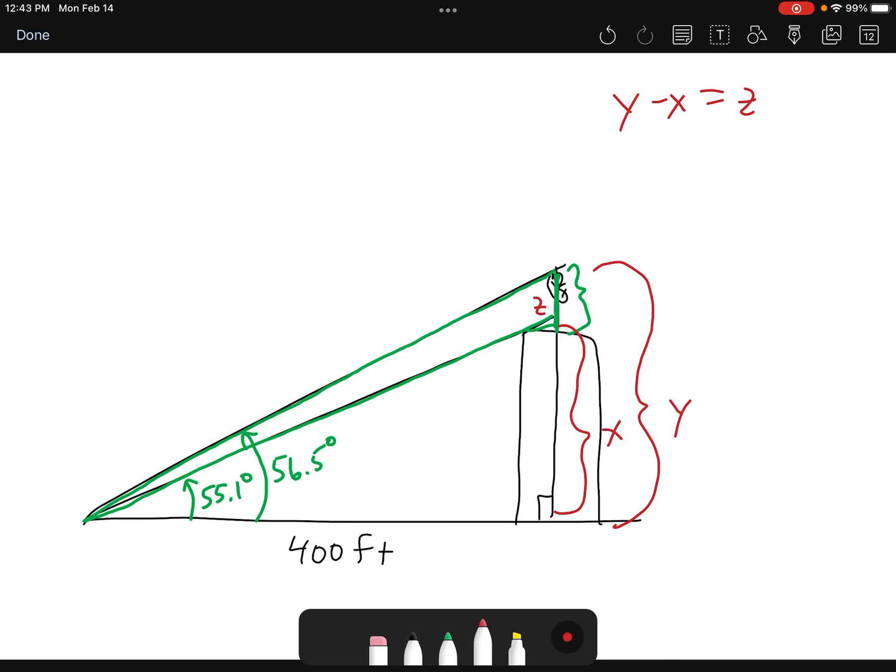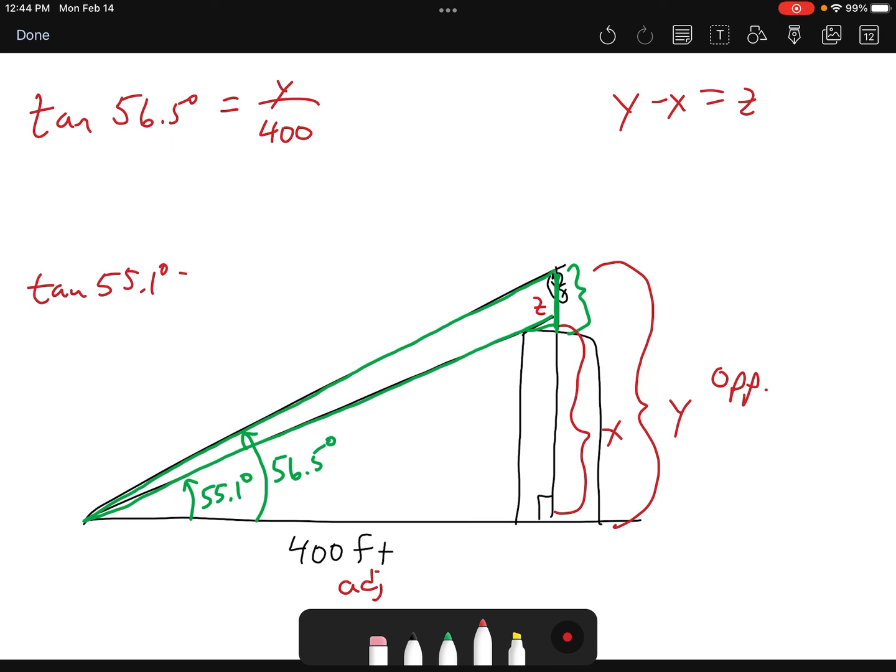So we need to use, let's see, what are we going to use? This is adjacent, and this is opposite, isn't it? Both of them. So it's going to be tangent, but it's going to be tangent twice. So the tangent of 56.5 is y over 400, and the tangent of 55.1 is x over 400. And we, in both cases, will multiply by 400 to get rid of that denominator, and that gives us x and y. So 400 tangent 56.5 gives us